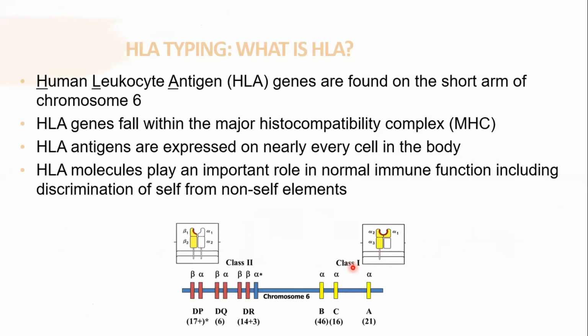Okay, so HLA typing. Many of you know HLA typing. These are genes related to the donor and recipient in the immune histocompatibility complex. This is basically to know, if an organ transplant or any kind of transplant is going to happen, whether the donor is compatible with the patient or not.